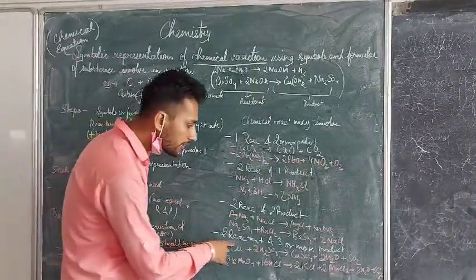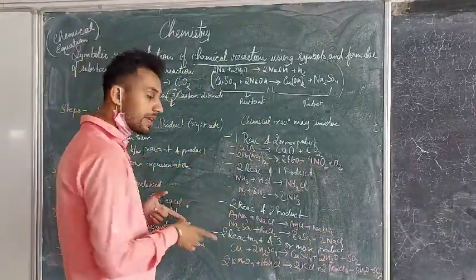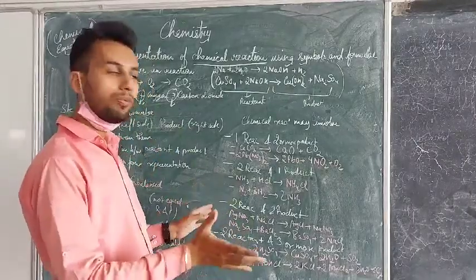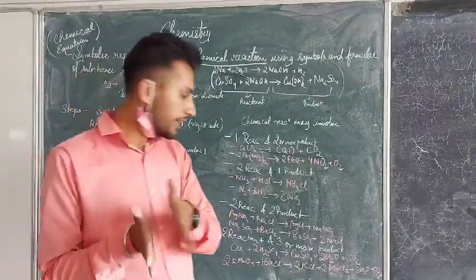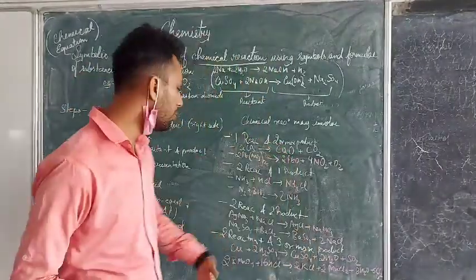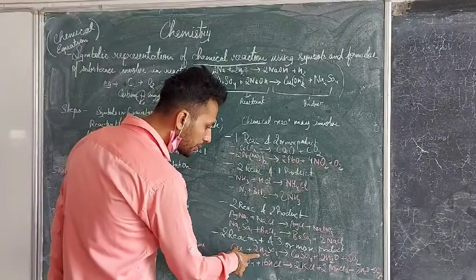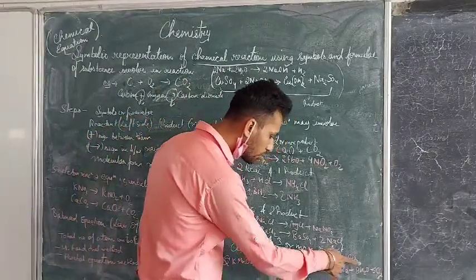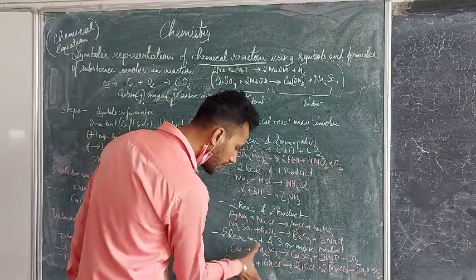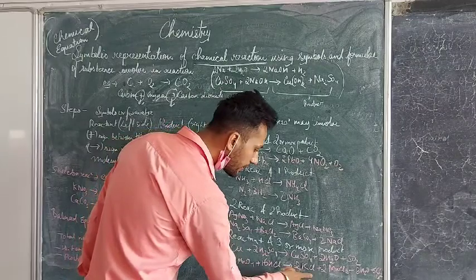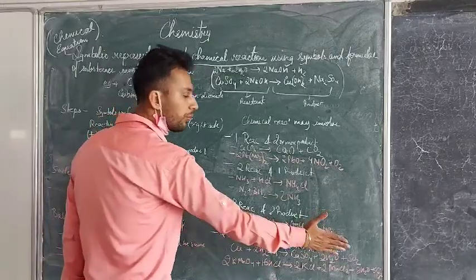Now coming to the two reactants and three or more products. Here we have studied one reactant and two products, two reactants and one product, and then two reactants and two products. So an equal number of reactants and products may also be formed in the chemical equation. Now two reactants are involved, but three or more products will also be formed in the chemical equation. Like here copper and H2SO4 forming copper sulfate, H2O and SO2. Here three products are formed. Here KMnO4 with 16HCl, two reactants are involved, giving KCl, MnCl2, 8H2O and Cl2. So here four products are formed.